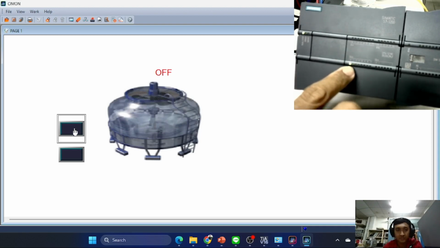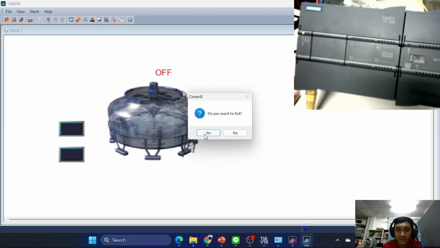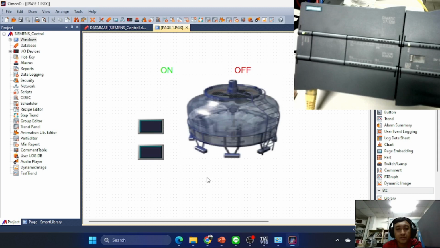Okay, you see, and off. But the value for the text is still wrong. We can correct it. We can exit now.